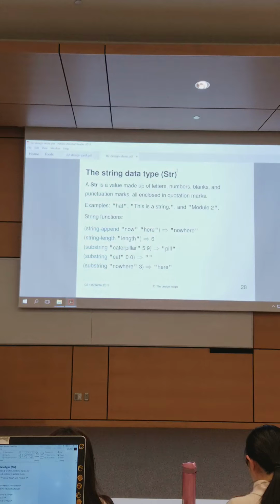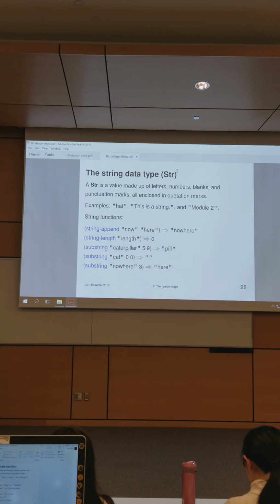So get familiar with this, because the string data type is probably the most common one you're going to use throughout this course, and if you take further computer science courses, this is the type that most of your variables are going to be of. And what is a string? A string is a way for a computer or a programming language to write words. Now, it can have punctuation and other characters, but generally speaking, it's a way to write a word in a programming language. And more specifically, a string is made up of letters, numbers, blanks, which are spaces essentially,